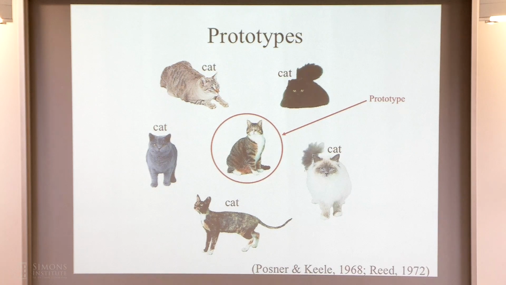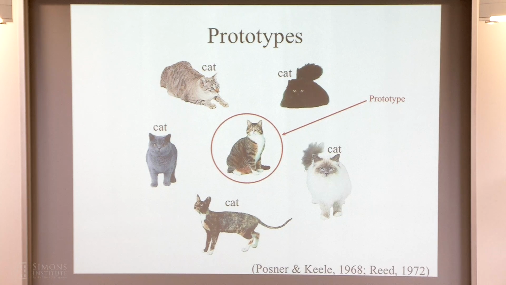So what you're doing is you're seeing a thing in the world, you're comparing it to your prototypical cat, your prototypical dog, and you're making a decision based on how similar it is to those prototypes, and that's the way in which you're deciding what things are cats. And so this is starting to sound a little more machine learning-ish, and we'll get there in a second.